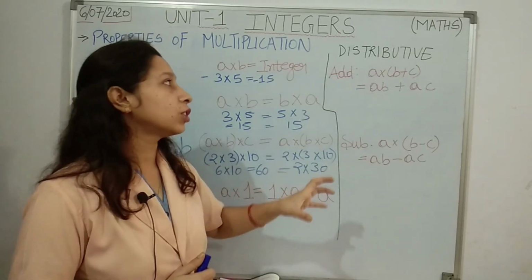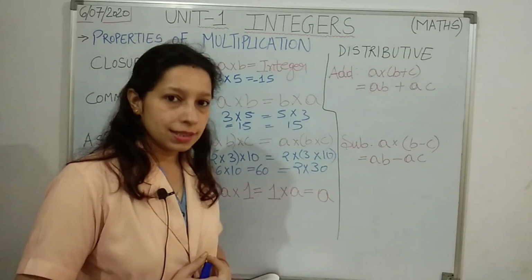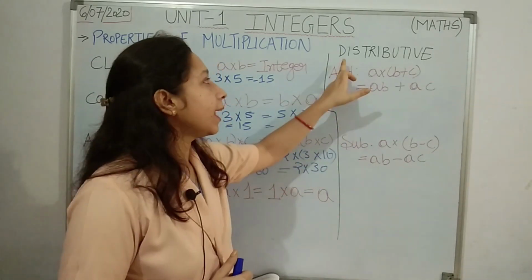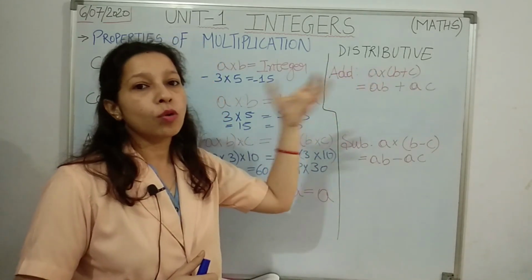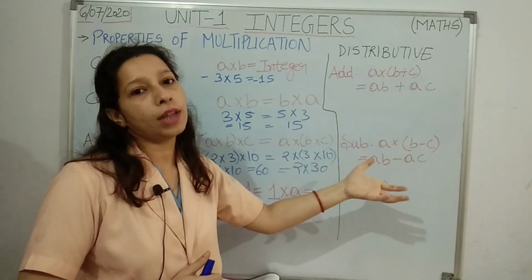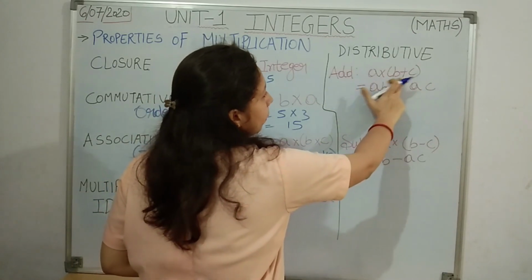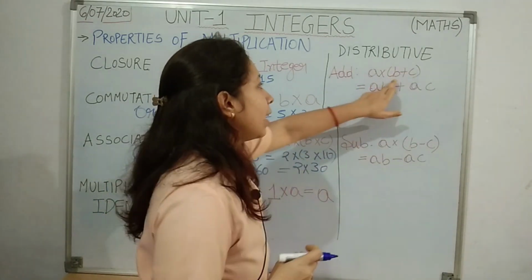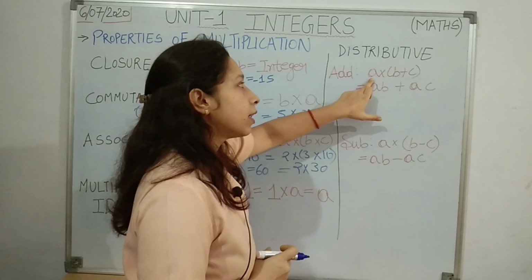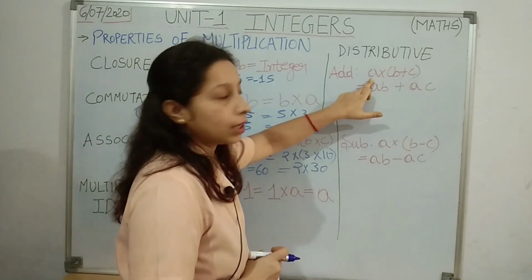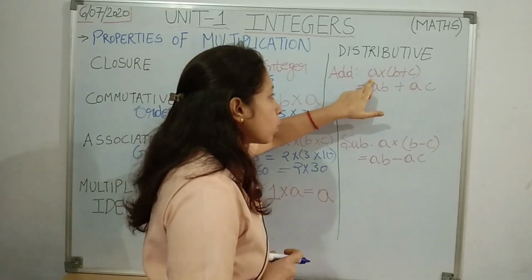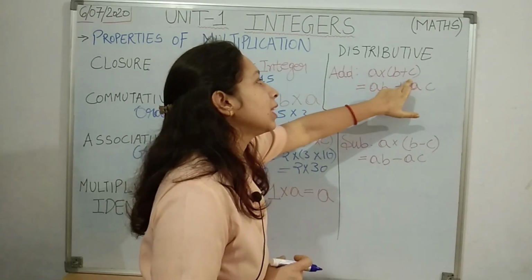Okay, this multiplication property you can use for addition and subtraction. Let's see how. The name distributive means to distribute. Here we will distribute the integers to add or subtract. How? Look, a into (b plus c). These values are written in brackets and one value is written outside the bracket. What does it show? It shows that the value written outside the bracket is in multiplication with each and every value